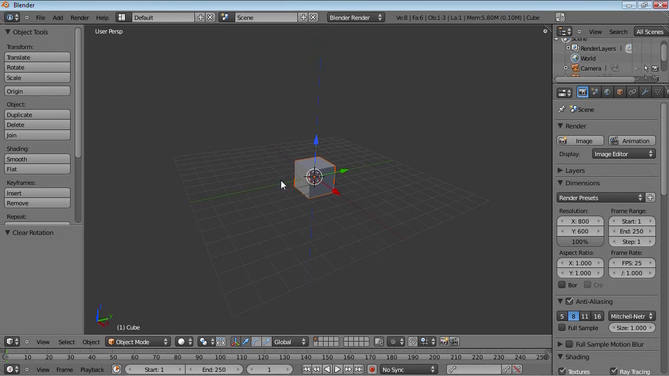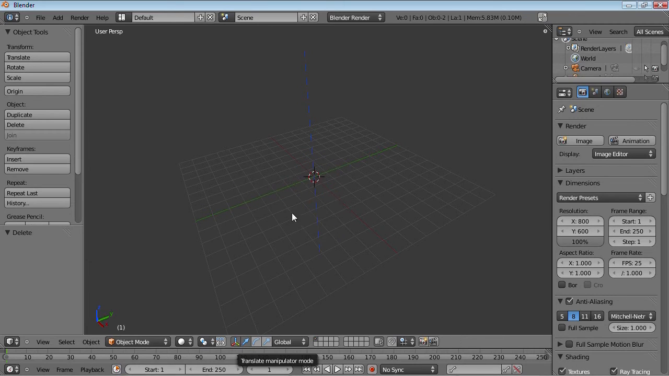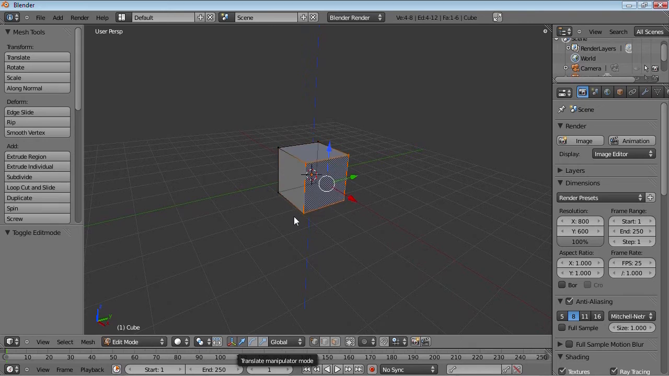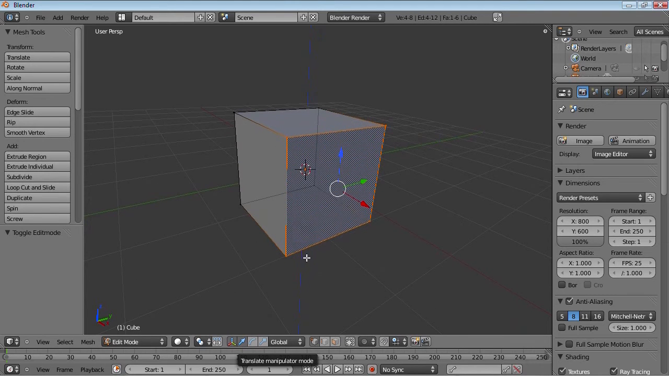In object mode, if you press X or delete, which brings up the delete menu, it just asks you if you want to delete the entire object. And in this case, it deletes the entire object. So if you undo that and go into edit mode, the options are a bit different. We still have this face selected, so if you press X or delete, depending on your preference or which hand you use on your keyboard,